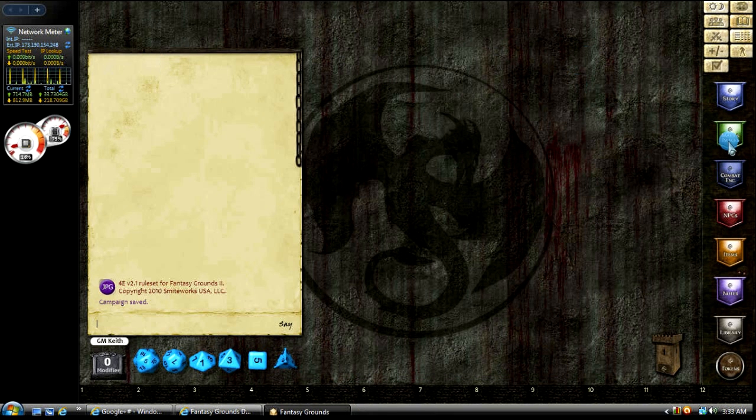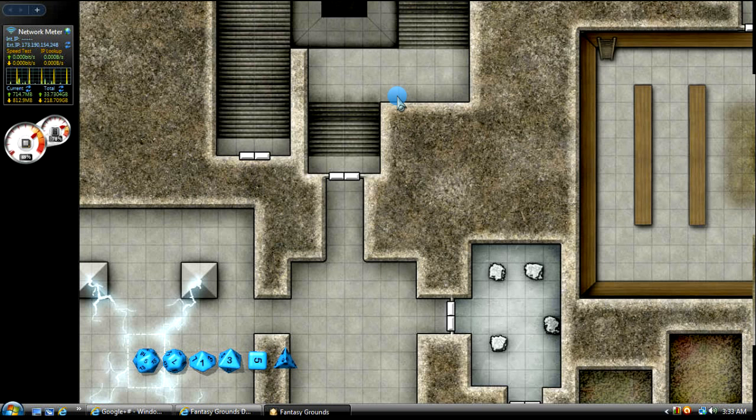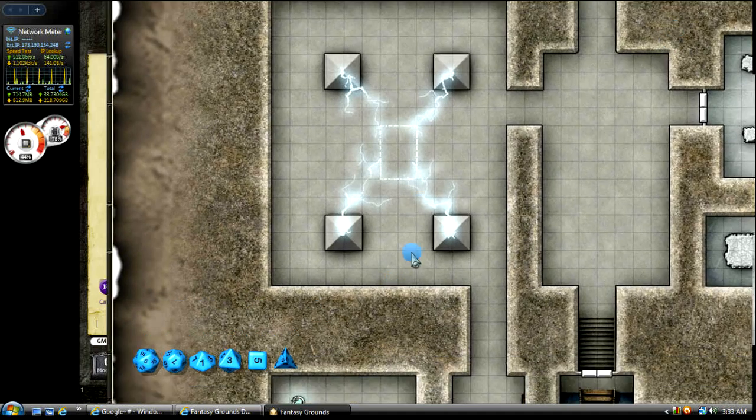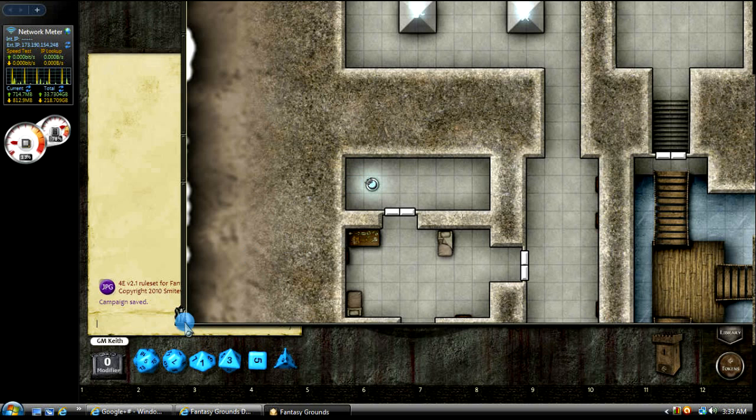Okay, now we're going to go over to maps and images, and you're going to see there it is, H2 level 1. And we will open that up, and it's really big in the beginning. So when that happens, you just kind of move it out of the way. And how you can